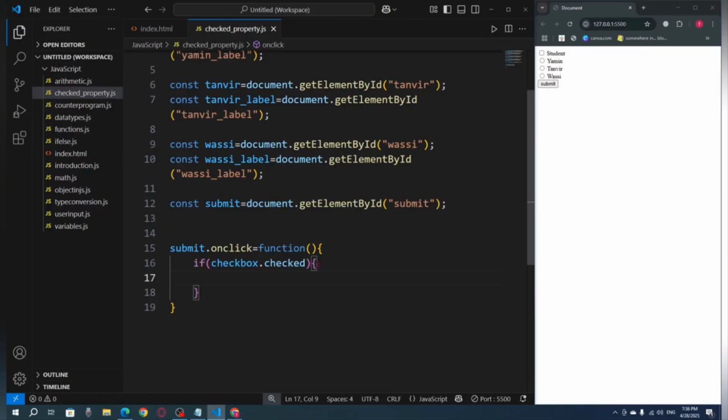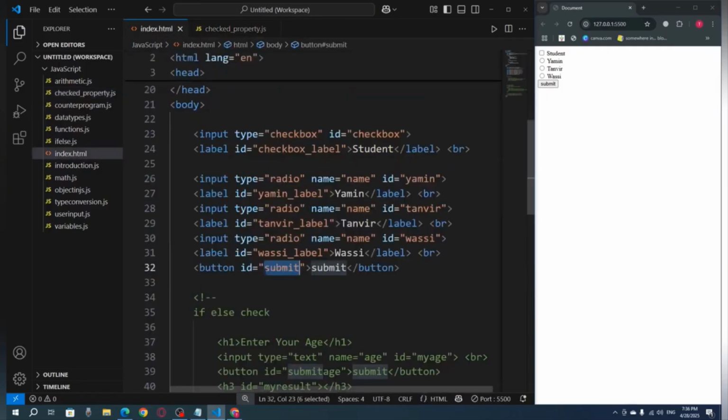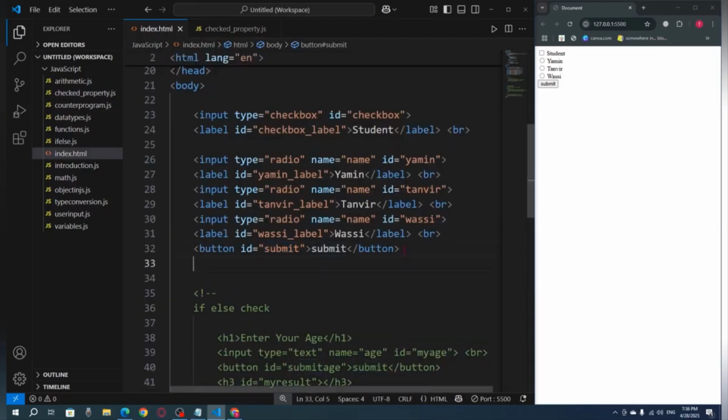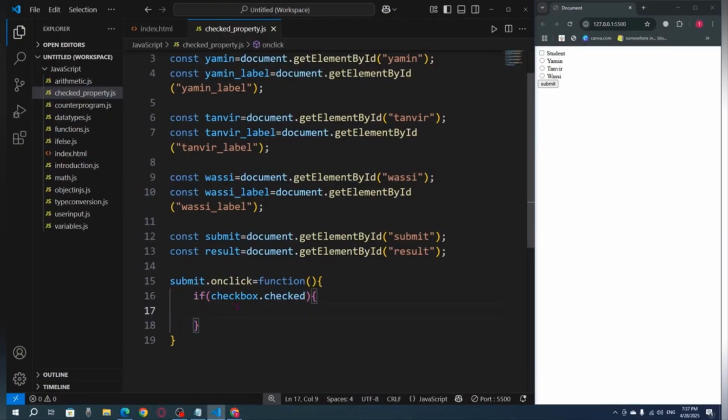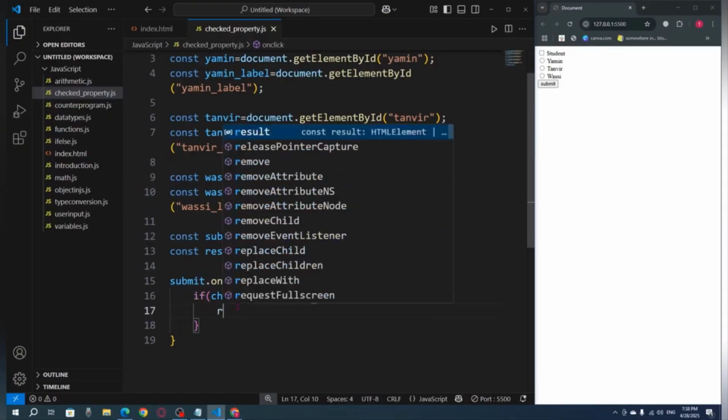So I'm going to add here, after the button, one more element, let's say h3 or h2, and I want to give it the ID result. So I'll check that if it is checked, I will say result,